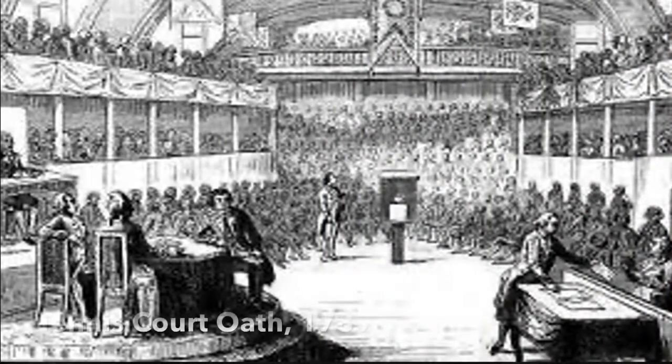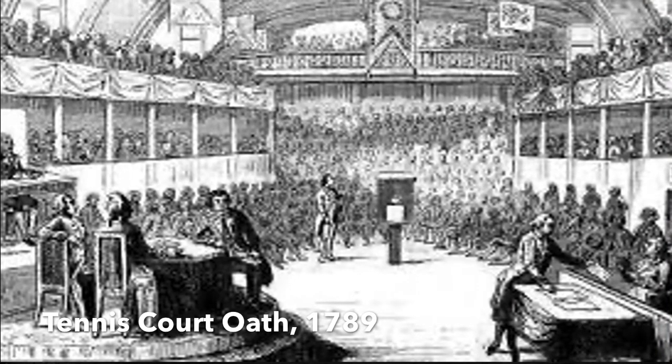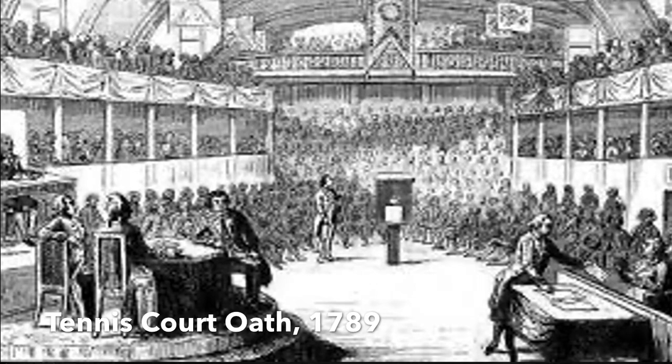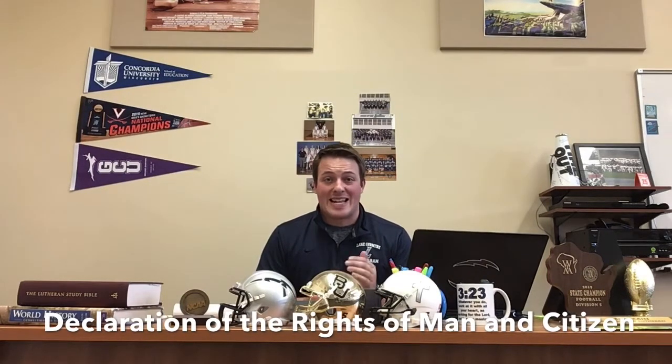By 1789, representatives from the Third Estate, which now called themselves the National Assembly, met in the tennis courts of Paris and vowed to never give up meeting until they formed a new government with a new constitution. France even had its own revolutionary document inspired by the Enlightenment called the Declaration of the Rights of Man and Citizen, more so to outline the basic rights that these French citizens believed they all had and that they had been restricted from by the government. So it seemed like there was a path to a successful revolution.